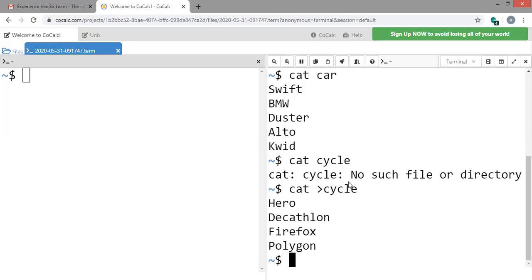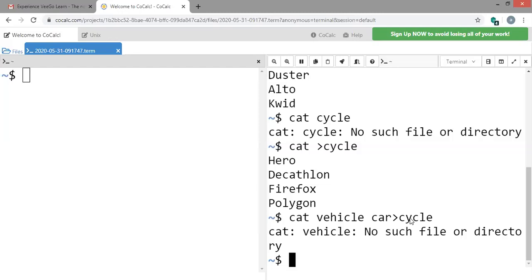So now we have two different files. One is the car, the other one is the cycle, which holds its own information. I would like to concatenate these two pieces of information. To concatenate or merge these two different files, I'm going to create a file called vehicle and join these two contents. One is the car, the other one is cycle. Now this particular command will create one more file called vehicle and merge the contents of car and cycle into one particular file called vehicle.